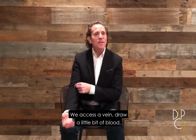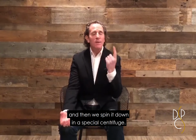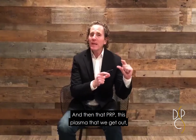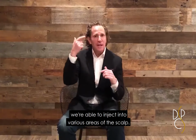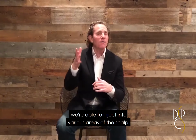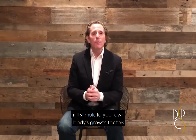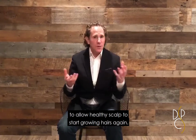We access a vein, draw a little bit of blood, and then we spin it down in a special centrifuge. And then that PRP, this plasma that we get out, we're able to inject into various areas of the scalp. And what that does is it'll stimulate your own body's growth factors to allow healthy scalp to start growing hairs